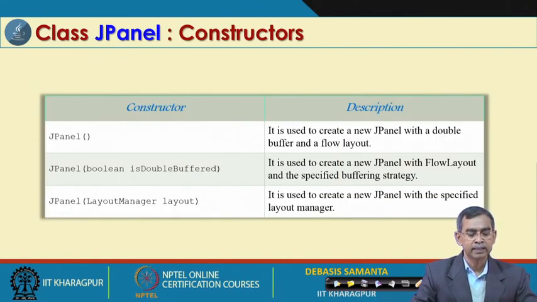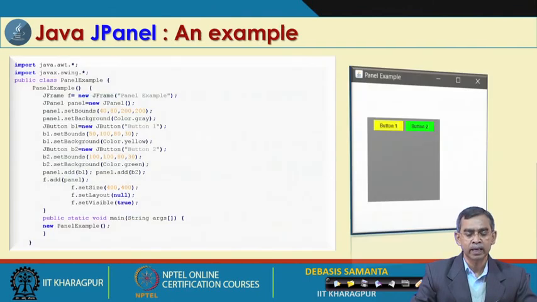and it has the constructor like panel, and then it has one argument, is double buffered, that means all the contents can be stored, and the layout manager, which means that if you want to add many more items into the panel itself, then which layout manager you have to follow. The layout manager concept is the same as the layout manager that we have discussed in java.awt, that means flow layout, border layout, grid layout, card layout, all those things are applicable here also. That is why they do not have any explicit or special bearing in Java Swing, that is why it is not included here.